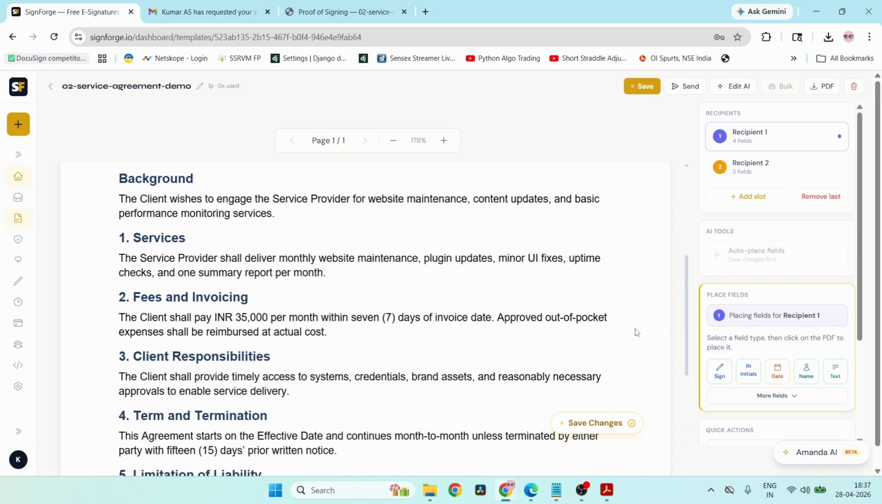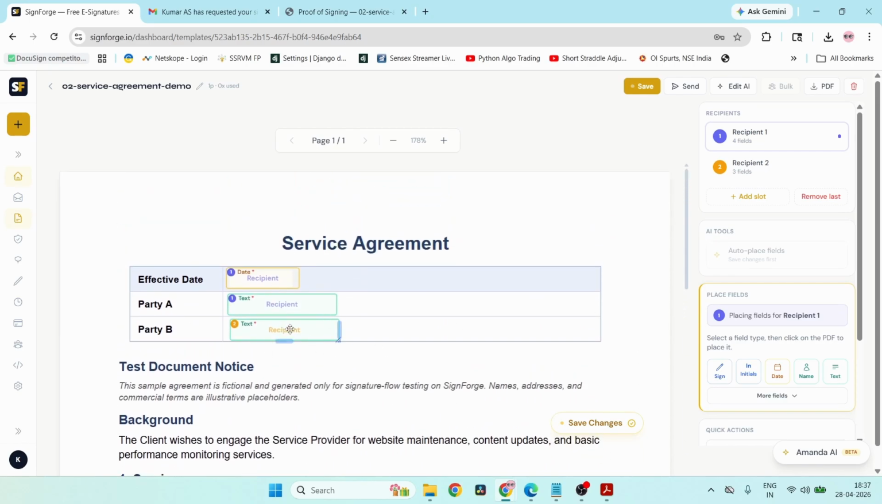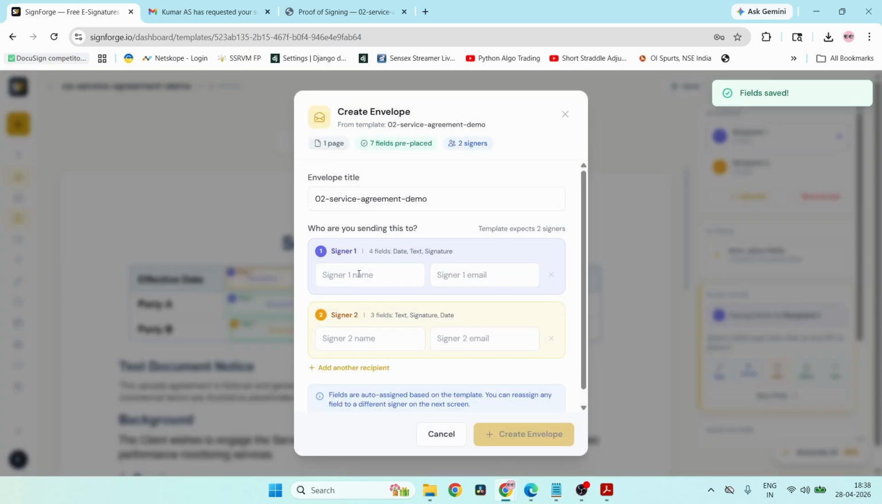So if you want to use this template again, from here, you will be able to set if the fields are required or optional. For now, all fields are set as required. So let me just show you how you can send it. So let me just save it first and then click the send button, right? Here you can enter the signer details like Kumar. Yes, the first signer, Kumar at